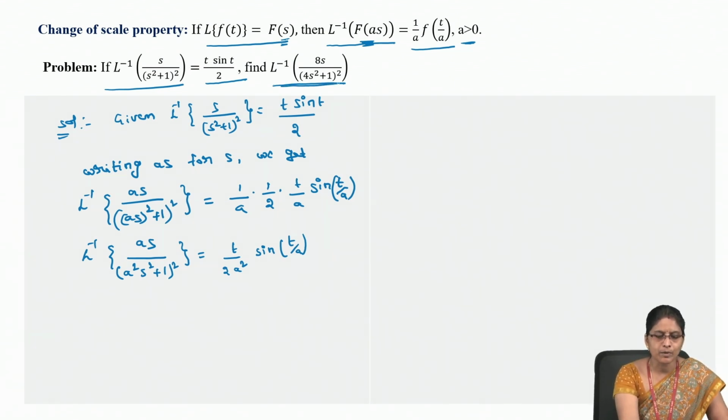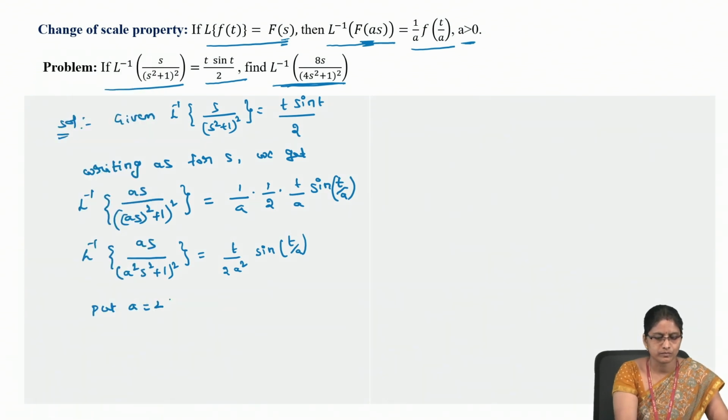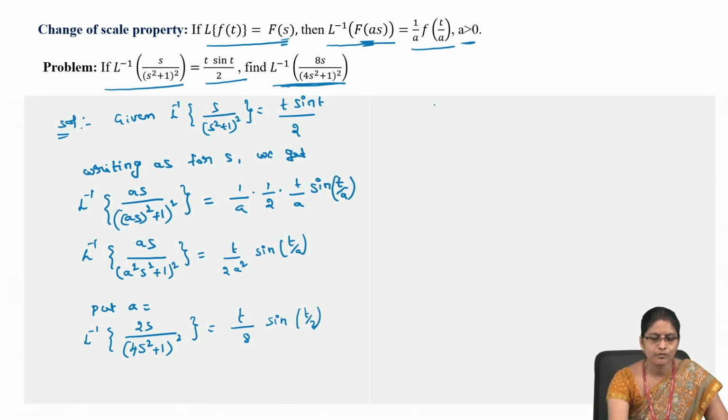But we have to find out inverse Laplace transform of 8s by 4s square plus 1 whole square. For this, put a is equal to 2. Inverse Laplace transform of 2s by 4s square plus 1 whole square is equal to t by 8 sine t by 2. But we have to find out inverse Laplace transform of 8s by 4s square plus 1 whole square. Therefore, multiply this with 4, we get